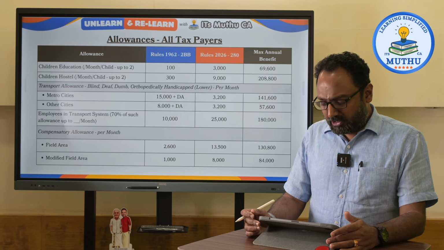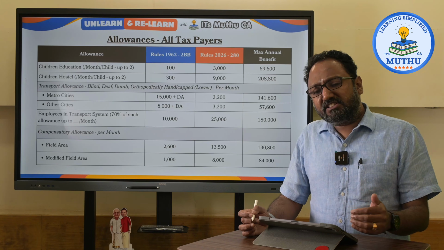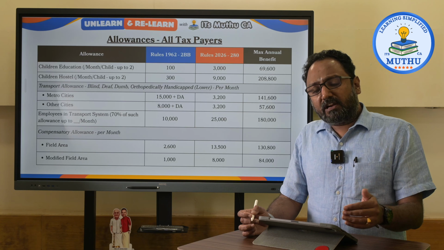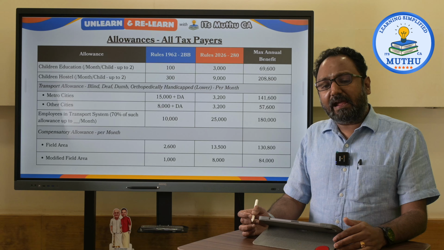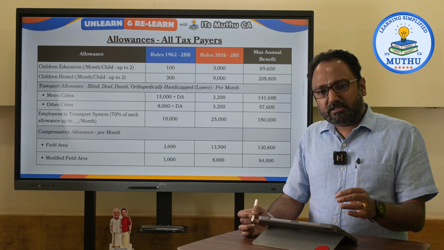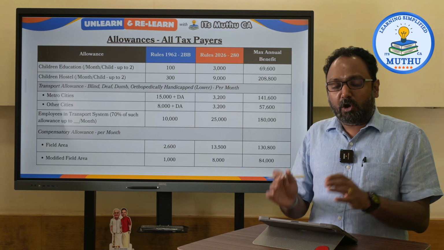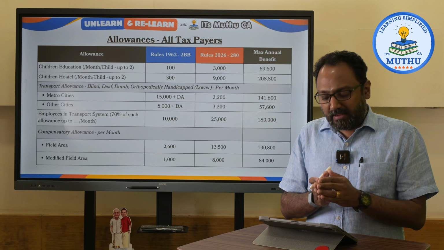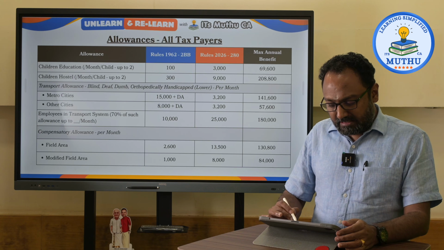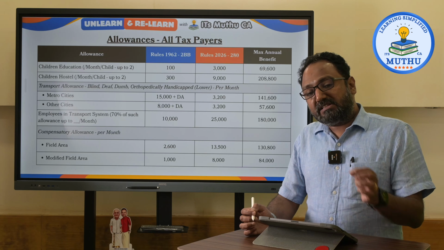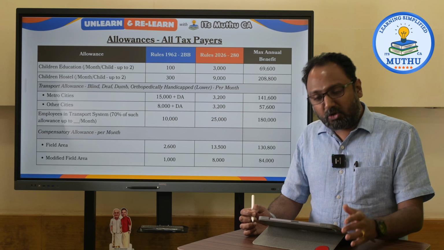These are not eligible for the new tax regime. The next is transport allowance. Transport allowance is only eligible for blind, deaf, dumb and orthopedically handicapped. Now this was 3,200 per month. In the Act 2025, this is being divided into 2 categories: 15,000 plus DA for metro cities, 8,000 plus DA